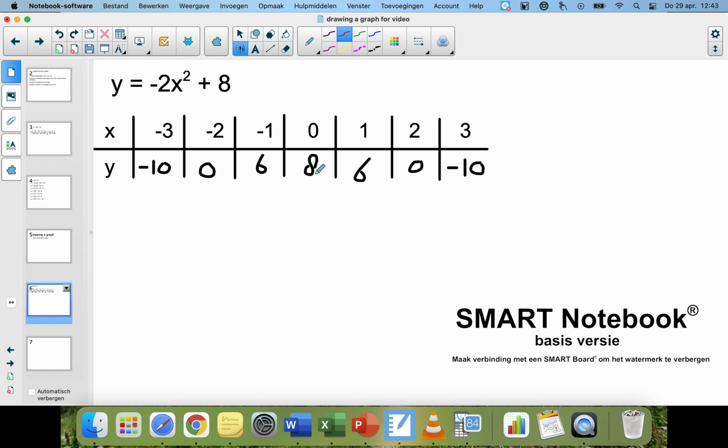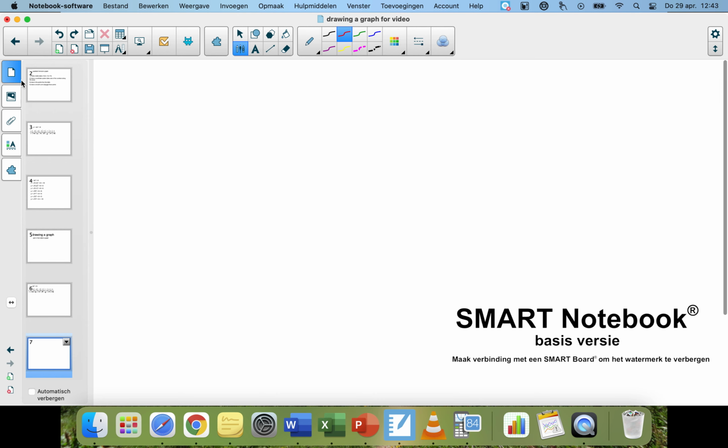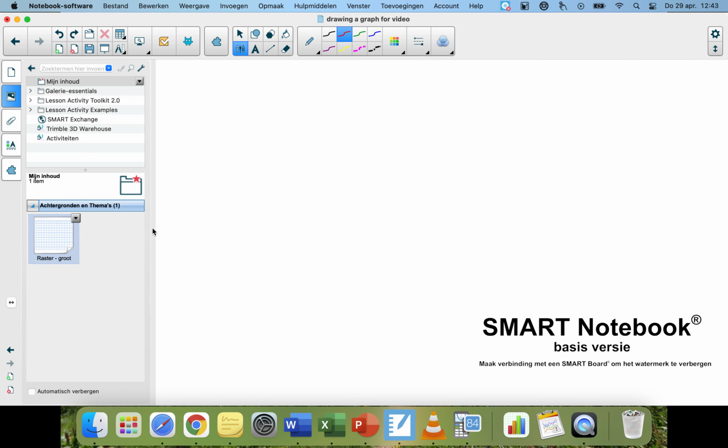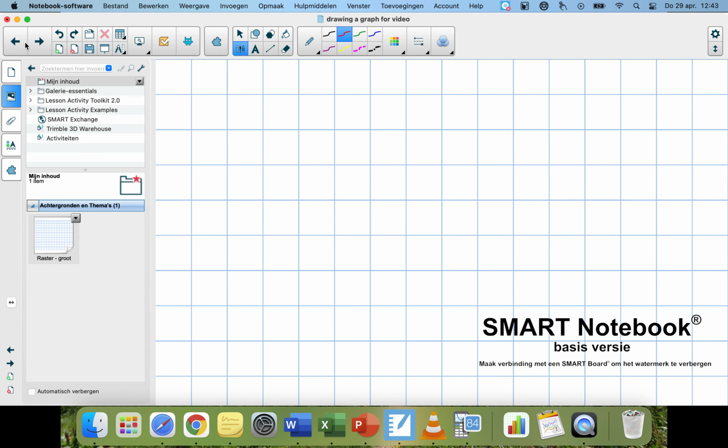We could also do steps of 3, but 3 is always a difficult number to divide, because 1/3 of a centimeter is never easily measurable, and it's going to be rather small. So let's do steps of 2, and to draw the graph we do need the squares, so there they are,